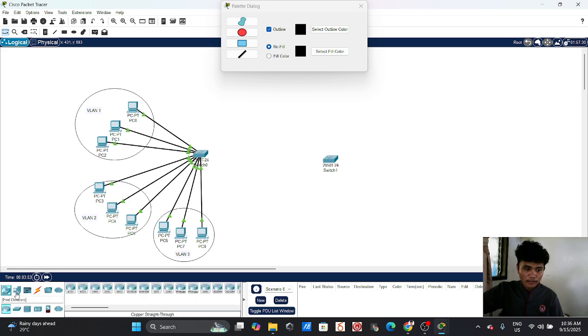Next, VLAN 4. So VLAN 4 is for 16 to 20.